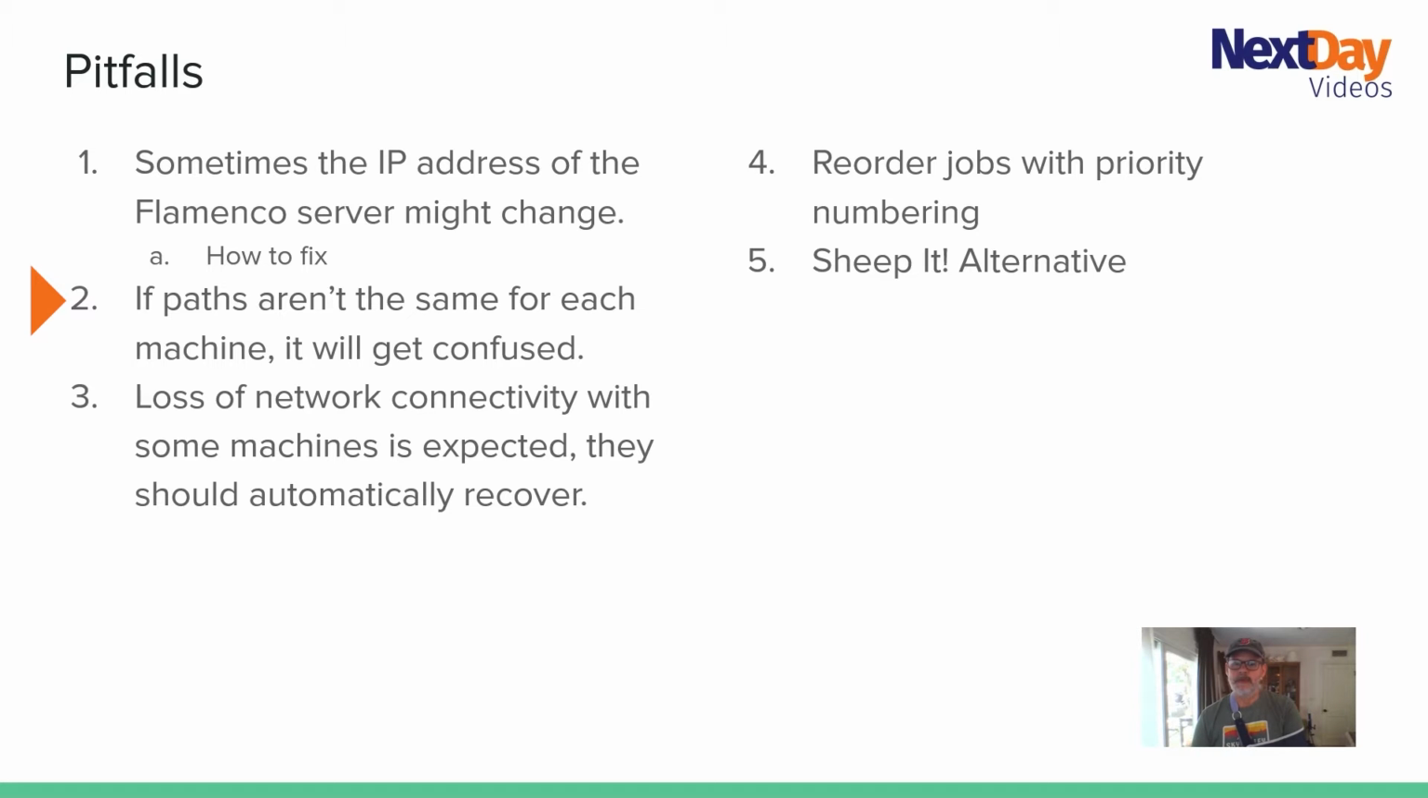Also, be sure that the paths are the same for each machine or it's going to get confused. I created that R drive that's network mapped. So every machine needs to think that they're saving to the same exact path across the network. Also, loss of network connectivity is going to be expected, right, with machines. Those should automatically recover. You can also reorder jobs with the priority numbering, which is useful if you have one